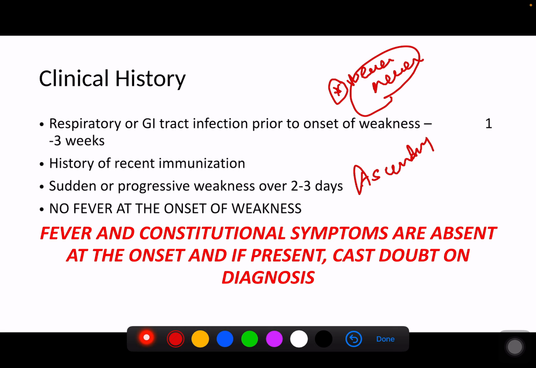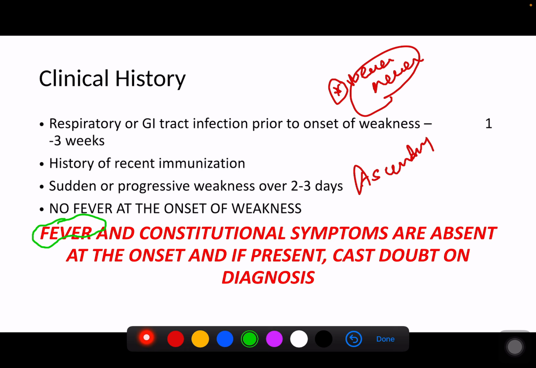No fever at the onset of weakness. Fever and constitutional symptoms are absent at the onset; if present, they cast doubt on the diagnosis. So that means we are not expecting fever during the course of illness. Of course, whenever you had an upper respiratory tract infection or a gastrointestinal symptom, there might be a mild grade of fever because it's secondary to a viral disorder, right? It's a viral disease. But the most important thing when it comes to Guillain-Barré syndrome is that fever is not